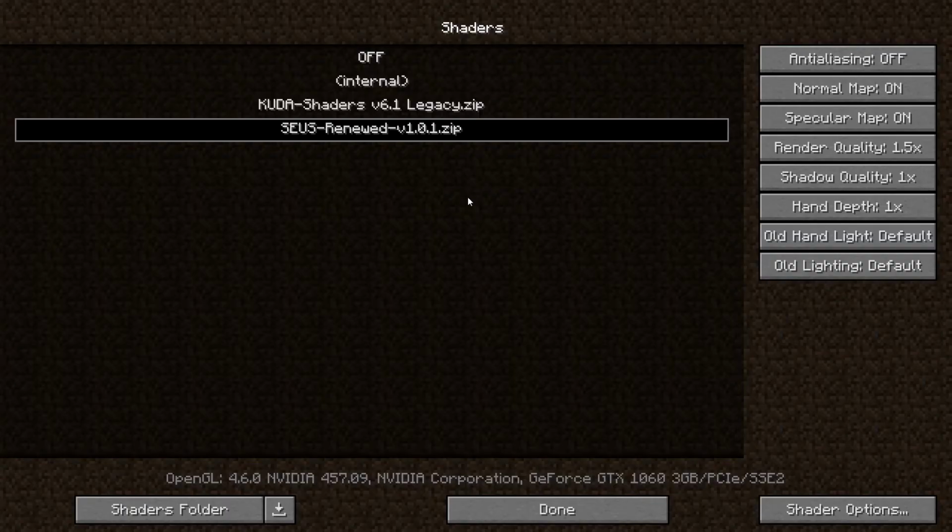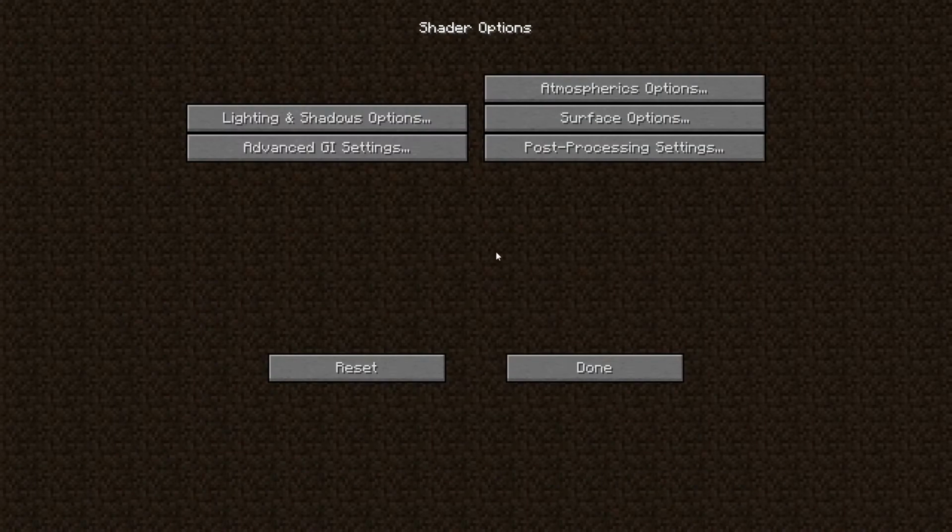Alright, so it actually ended up taking too long, and so I closed it. So I recommend doing this in the main menu if you're switching between shaders. But here we go. We're in. All's well. If we head into shader options,